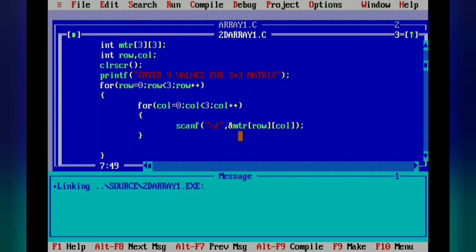Now F2 to save your file, Alt F9 and Control F9.